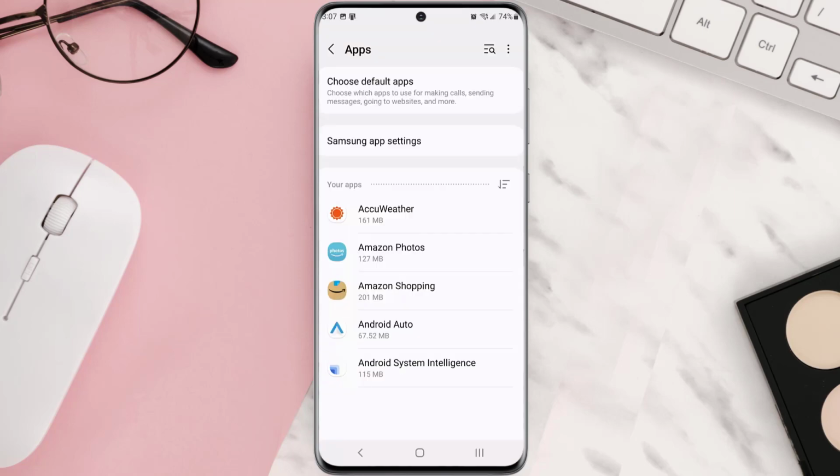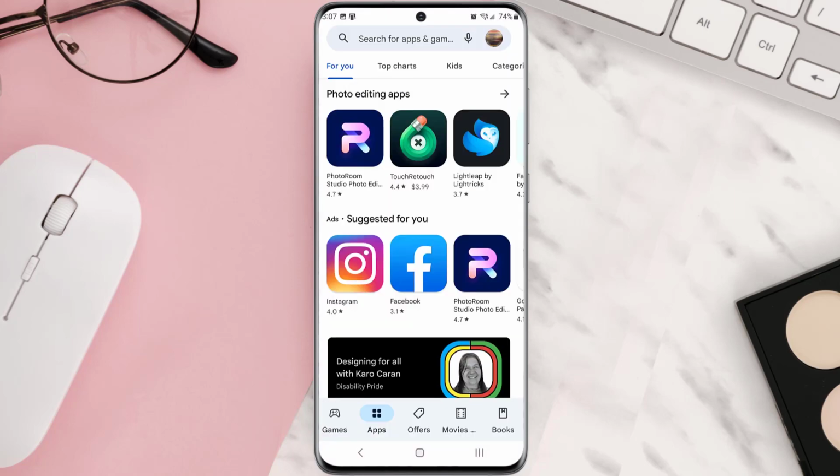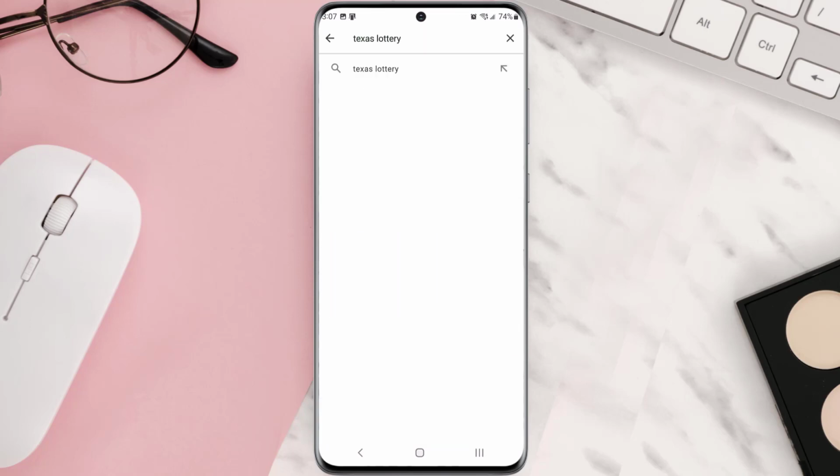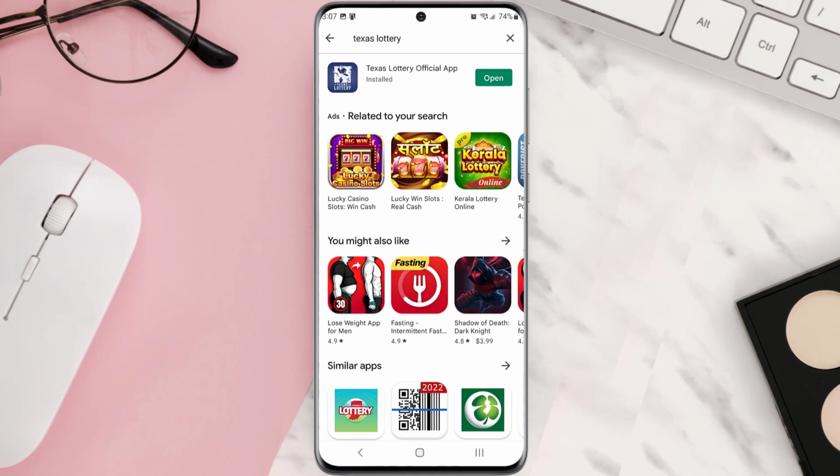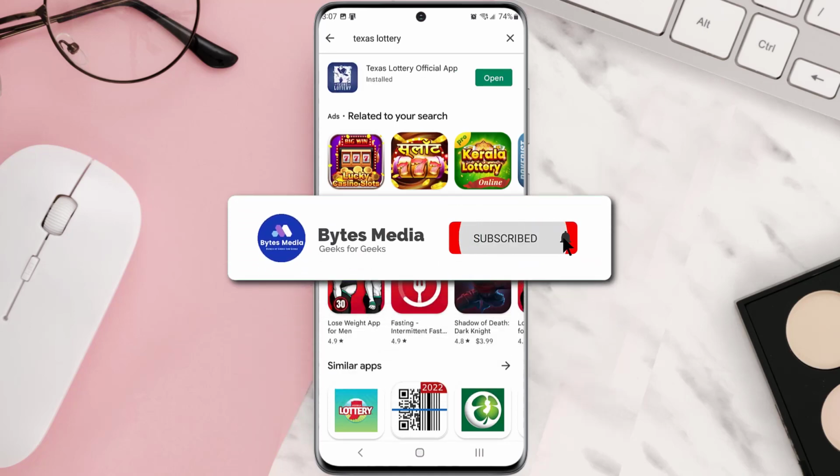Once it's uninstalled, simply head back to the Play Store app, and then search for the app in the search bar at the top. Over here, click on this button right next to the app name to install it back on your device. Hopefully this will fix the issue,